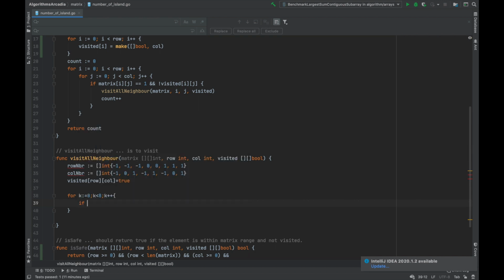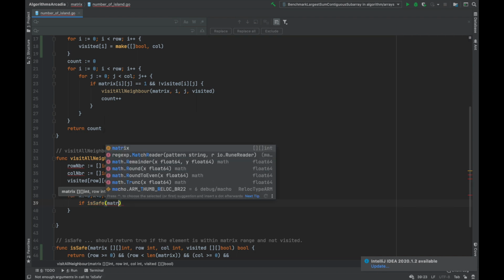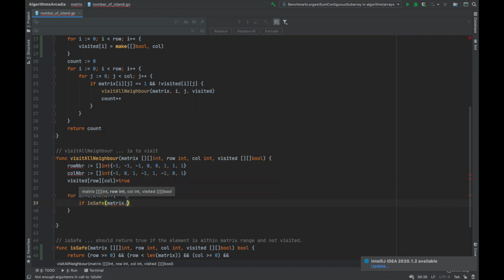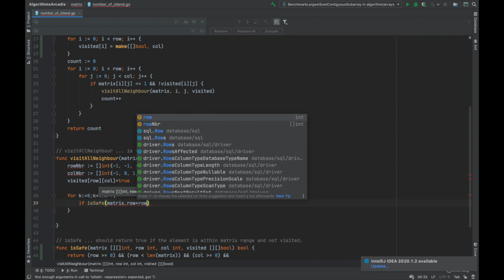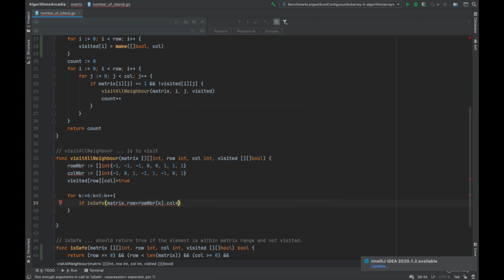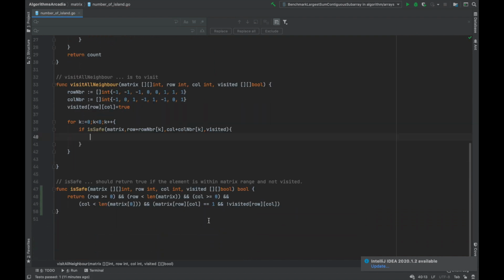Now first of all, I check is safe. What does is safe do? It tells you whether the particular element is within the range of the matrix or not. It also checks whether the element is visited or not. If it is already visited, it will return false.